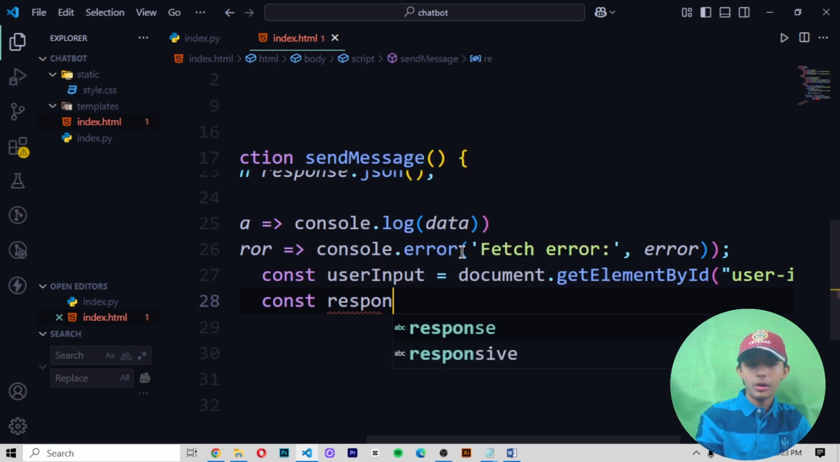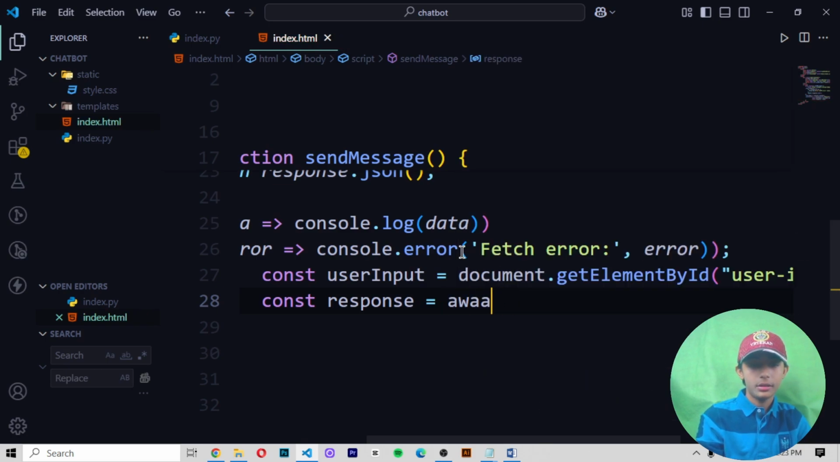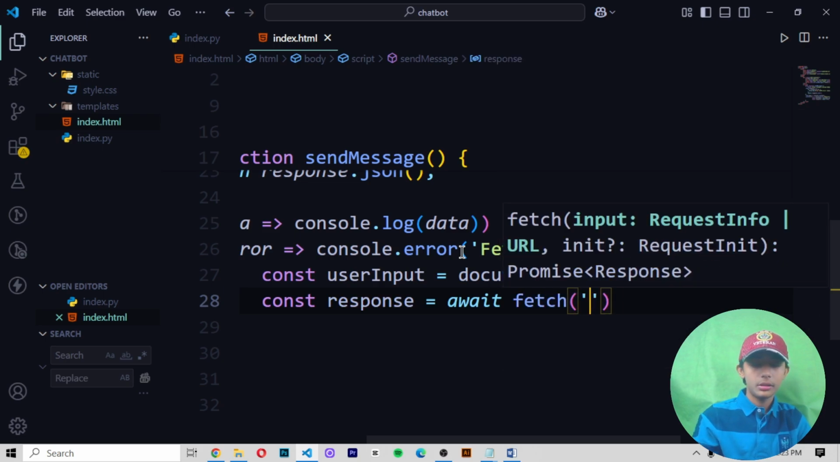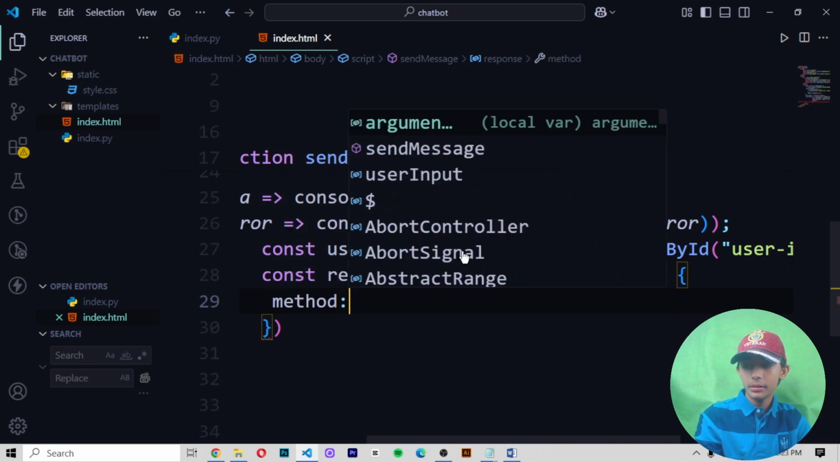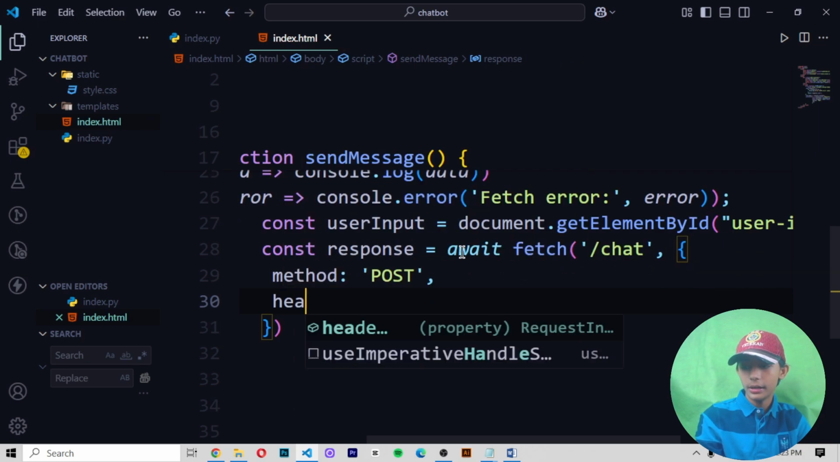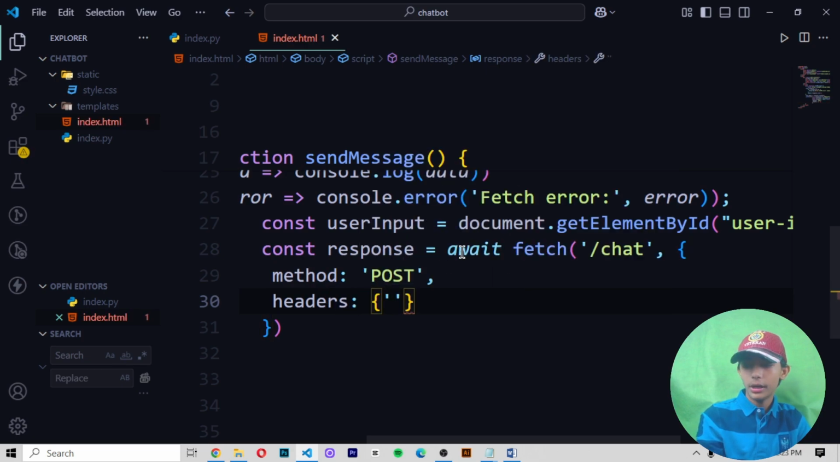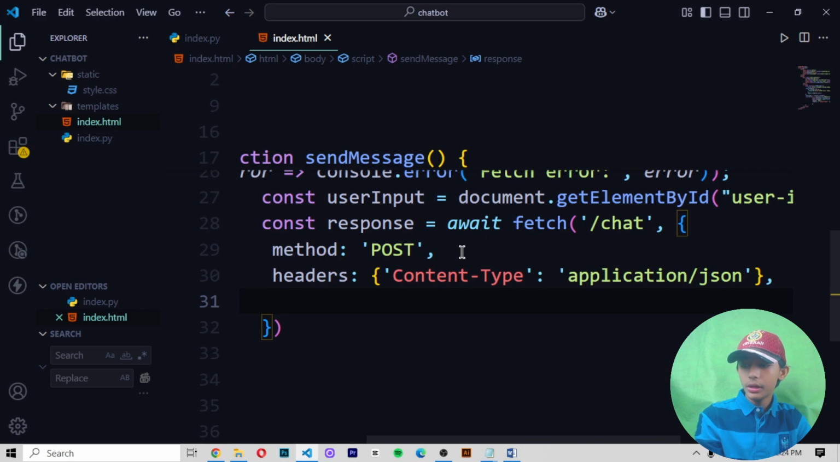Then const response, and then equals to await fetch, await, okay, not wait, await, and then fetch /chat, comma, and then space, and then curly bracket, and then you write your method: POST, and then comma, and then you press enter, then you write here headers, in that you write Content-Type, then write this, and then in single quotes write application/json, okay, then comma again, and then press enter, and then you write body